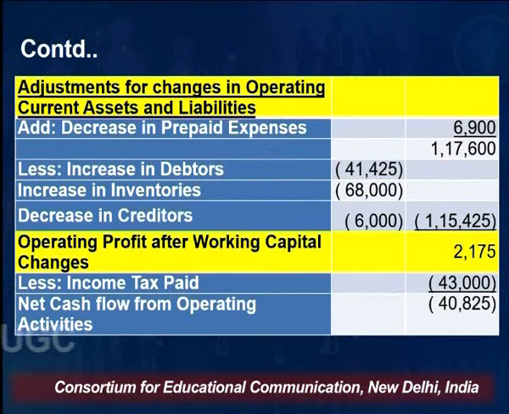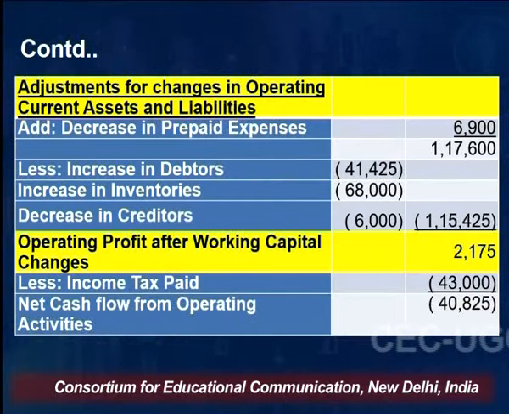adjustment for the change in working capital. So decrease in prepaid expenses has been added, and increase in debtors, increase in inventory, decrease in creditors have been subtracted. I am not elaborating it because in previous questions I elaborated the reason for it. When do we add the current asset or current liability, and when we subtract, has already been explained to you. So operating profit after working capital changes comes to 2175,